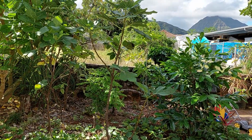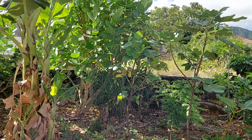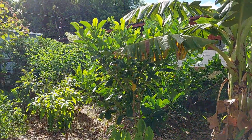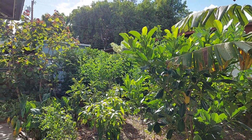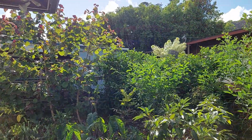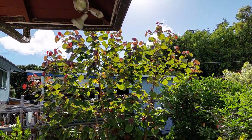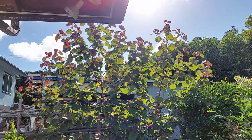And other than that, the only other thing I've had issues with some of the native Hawaiian plants is its flowering. Some of them have not yet flowered. I'm not really sure why. It's been maybe a little bit less than a year. But even with this huge hau'ula that has not flowered yet,